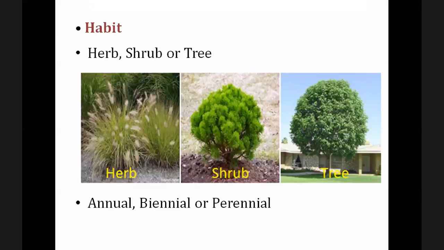Okay. The third one is the perennial plant. The perennial plant means that plant lives more than 2 years. Perennial plants live more than 2 years. Mango and jaggery, those are the examples of perennials. They live more than 2 years. Okay, this is based on the life cycle. We can describe an angiosperm plant.